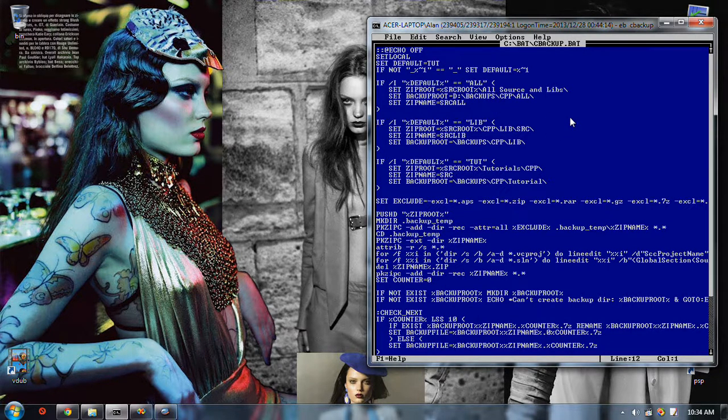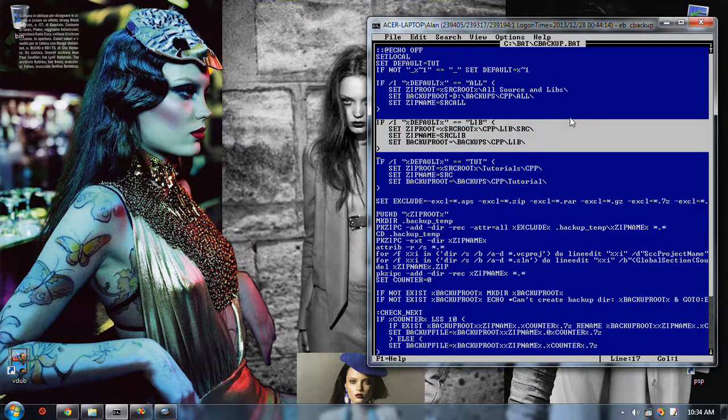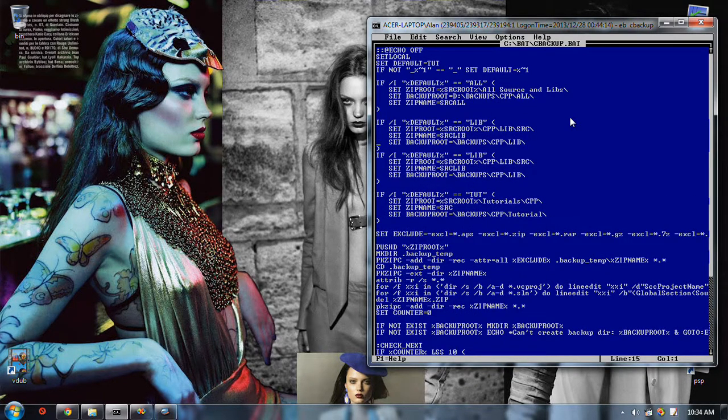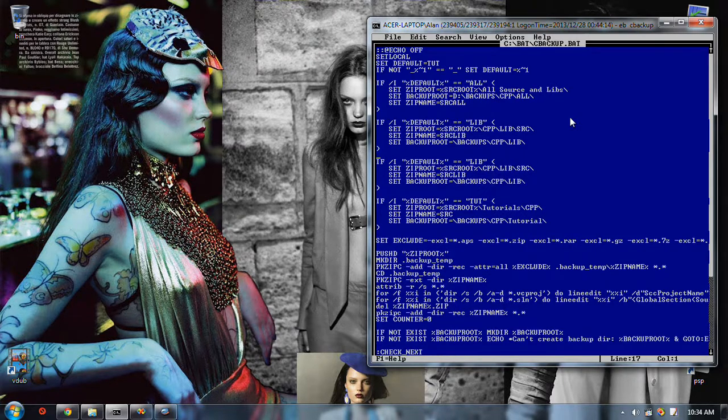I guess I better add an extra possibility. I think I called it source 3. S3. In that case, the source for that is located in source root CPP.